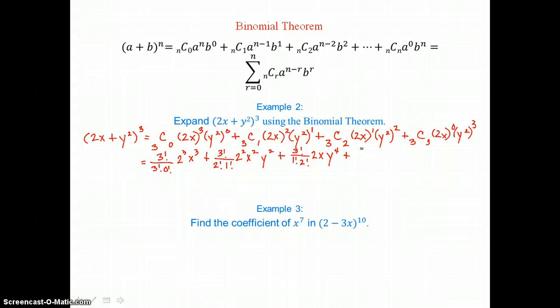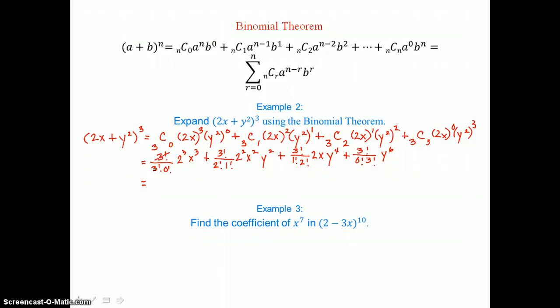And in the last term, we have 3 factorial over 3 take away 3, which is 0 factorial, 3 factorial. We have 2x to the 0 power, which just has a value of 1. We have y squared cubed, double exponents, we're going to multiply again, so we have 2 times 3, or 6. Going back now and simplifying our